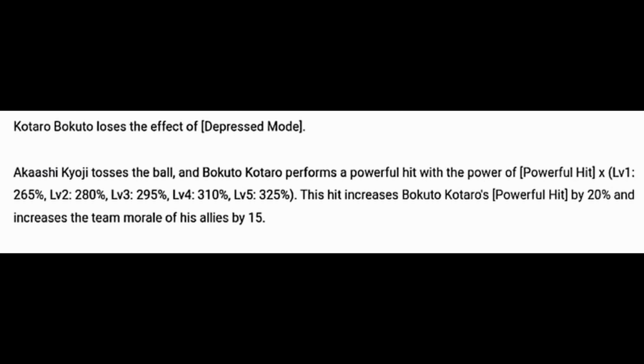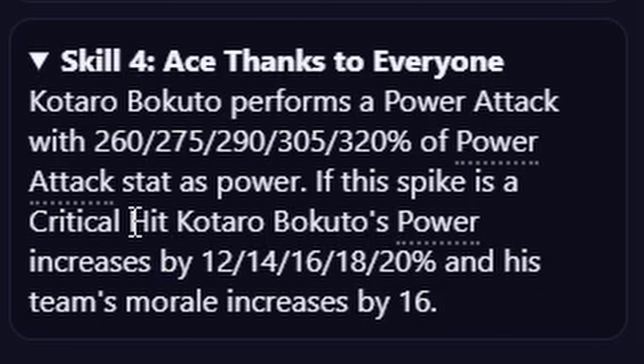For example, the dual skill you see here, Bokuro performs a power hit times 265% and so on. This hit increases Bokuro's power hit by 20% and increases the team morale of his allies by 15. And looking at his actual ultimate skill, Bokuro performs a power attack with 260% and so on. If the spike is a critical hit, Bokuro's power increases by 12% and so on, and his team's morale increases